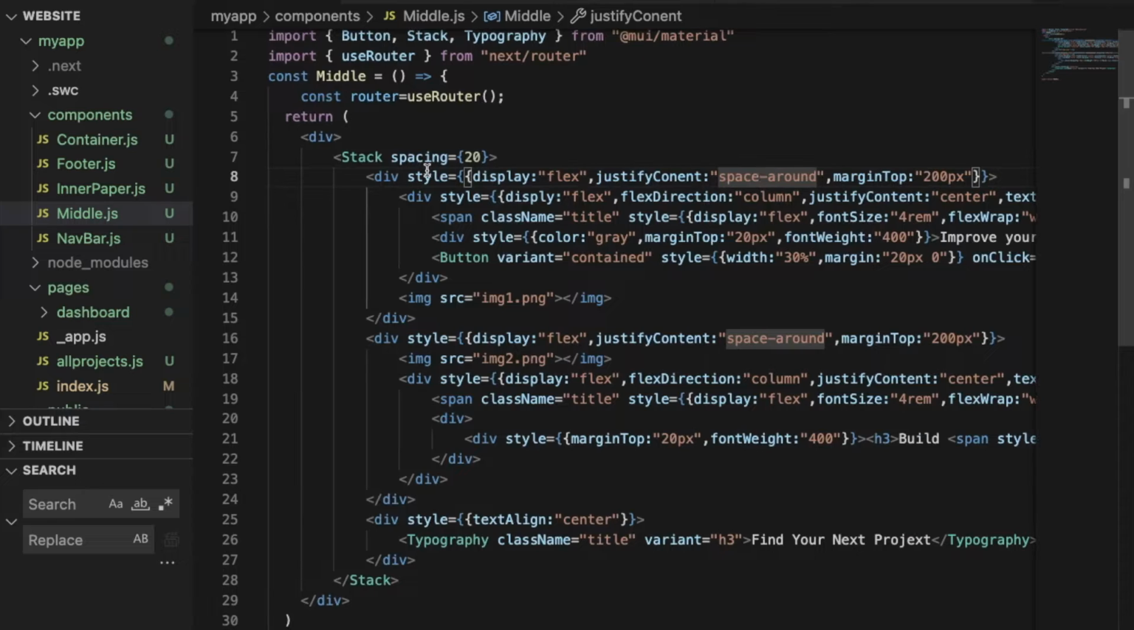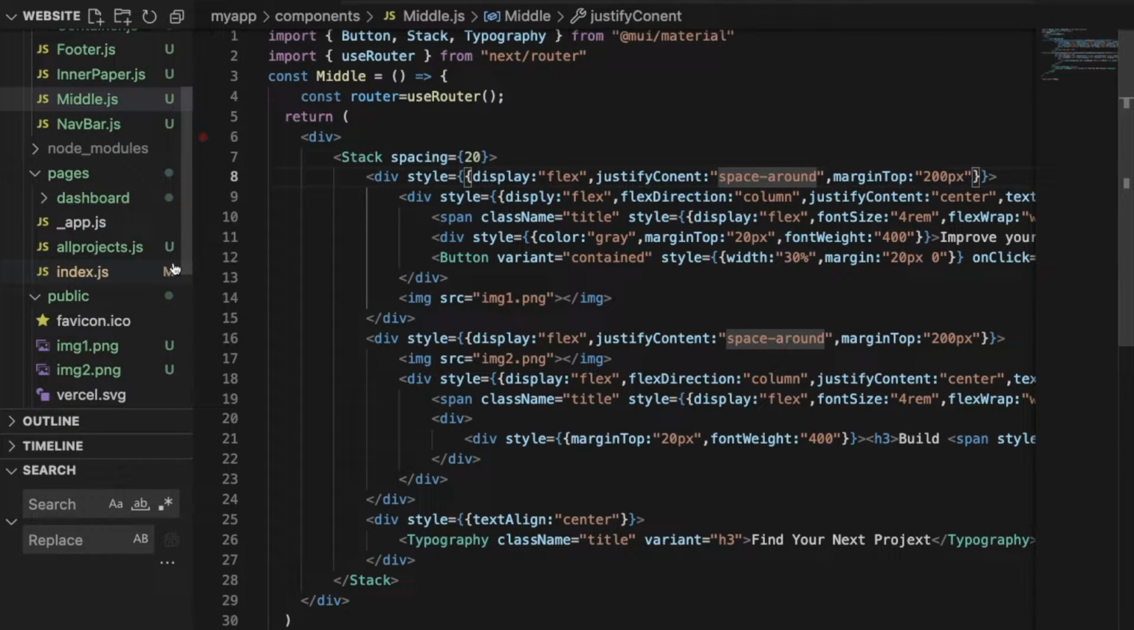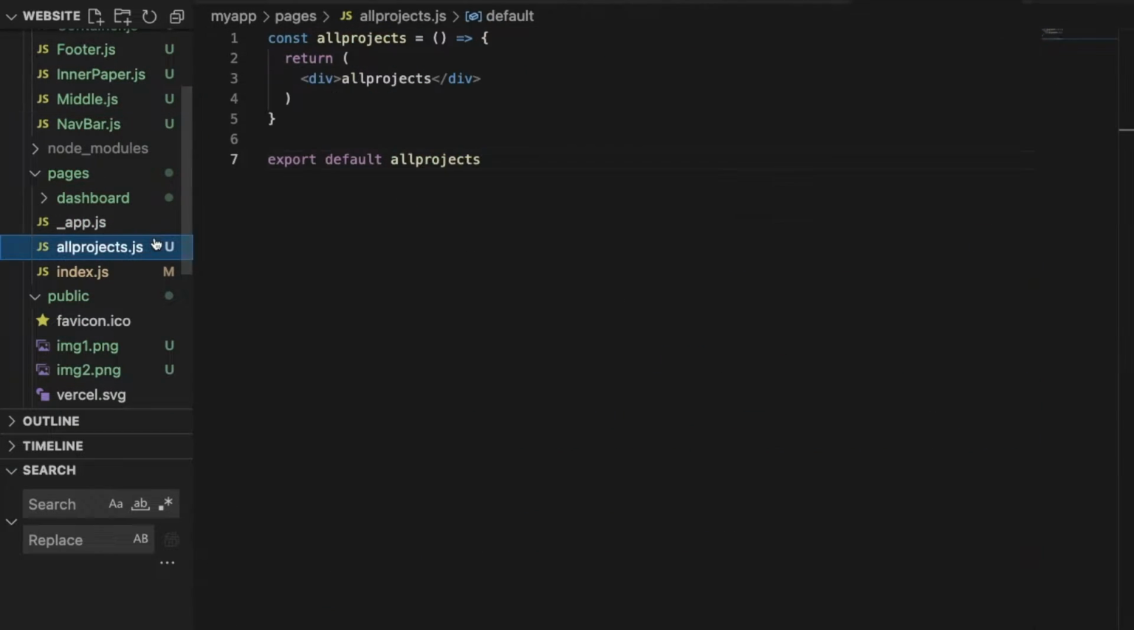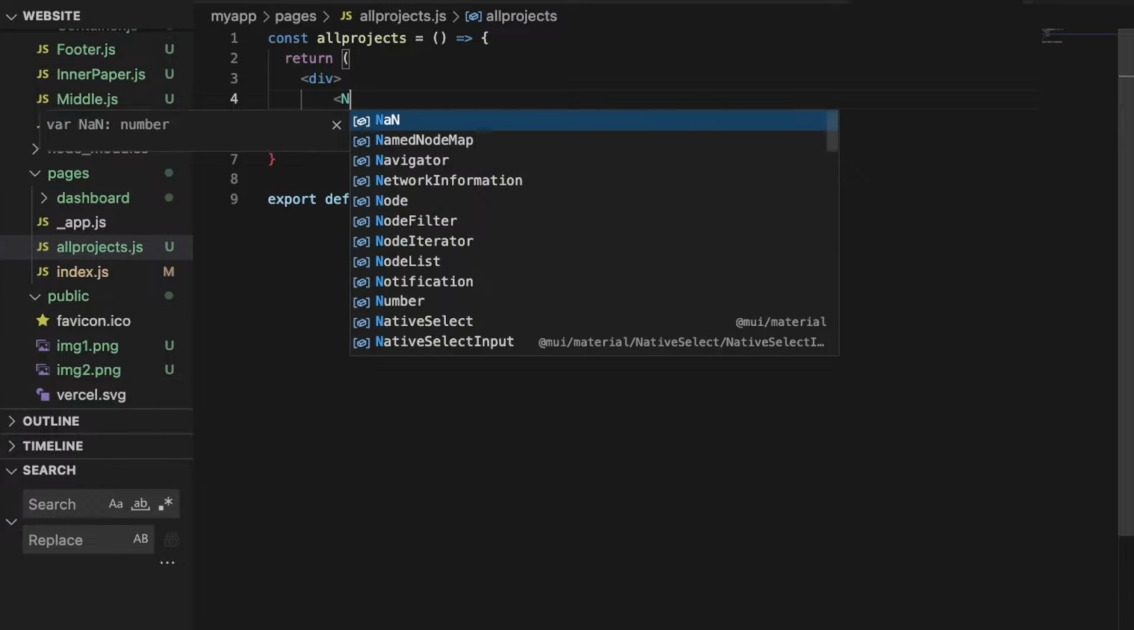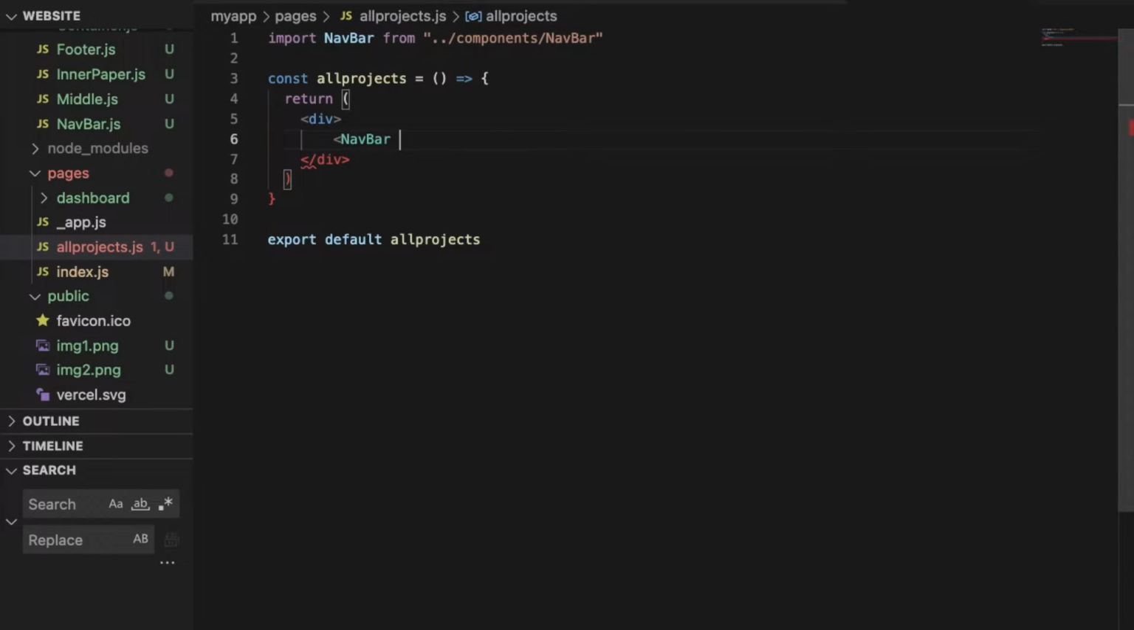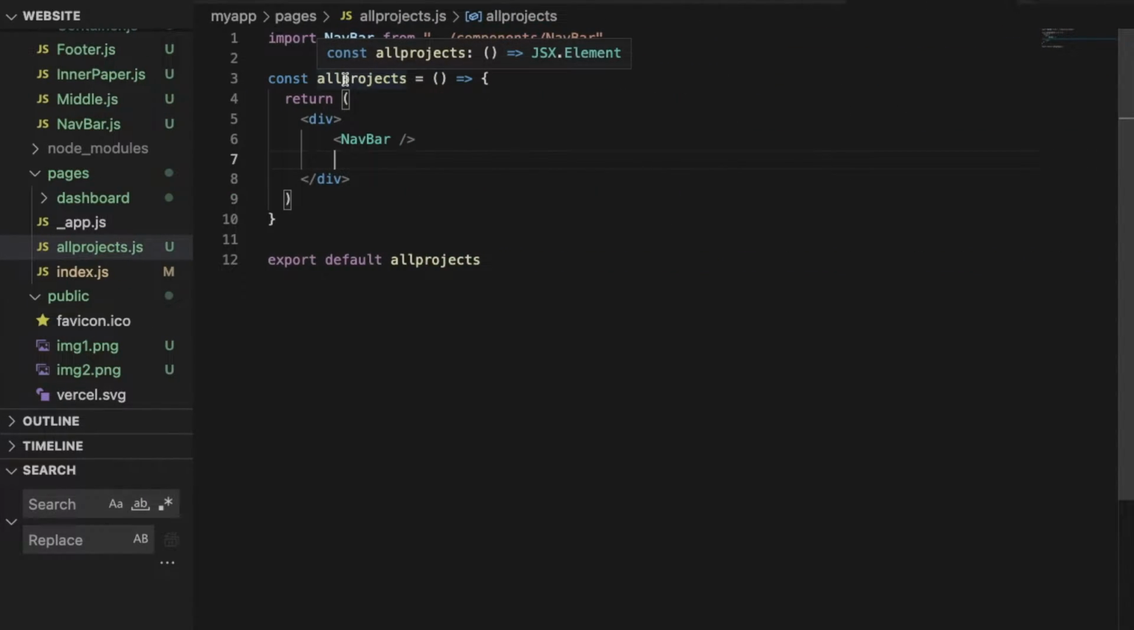Now what we'll do is we'll go to our all projects page, and here we'll start structuring it up. So the very first thing that we need is the navbar. So we'll import this from our components. We'll save, we'll see that our navbar appears, right? Then we'll say div,